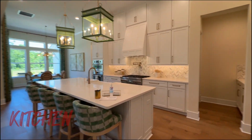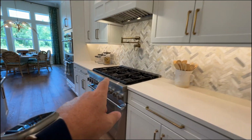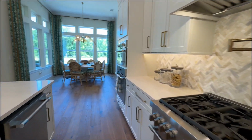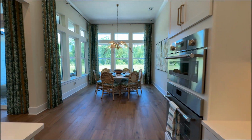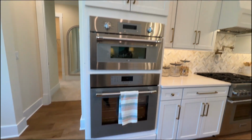Here is the kitchen. I love the light colors they did here. Again, Silverleaf is a gas community, so there's no propane tanks buried outside. It's gas is piped into the area. You've got a really